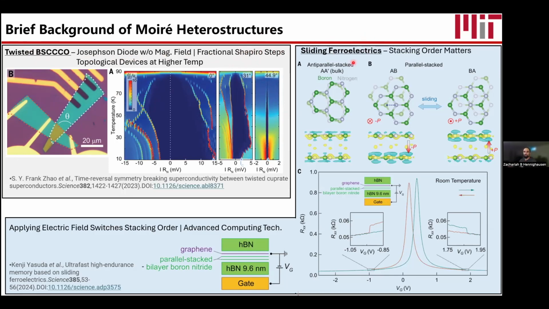Sliding ferroelectrics. These are quick updates on the amazing stuff that stacking can do, and it's all in the recent history. With sliding ferroelectrics, you could take certain two-dimensional materials and stack them in the AA configuration and nothing really happens. But if you go to the AB stack configuration, or the BA, you can get electric fields that form within the material, depending on the direction. And what's neat about this is now let's stack it.